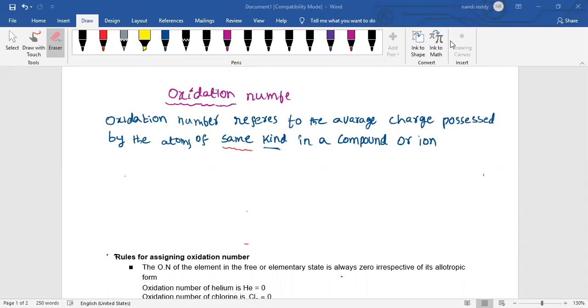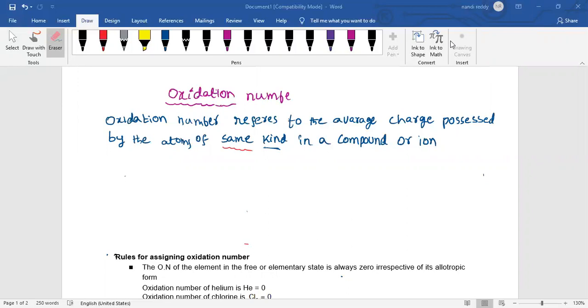For those of you coming from 10th standard to 11th standard, this may be a new concept. So we have to learn some basic rules also. That's something you have to learn, like when you are going to play a new mobile game, you have to learn the rules. Then only you can play up to maximum levels. Same thing here also. To calculate oxidation number, we have some rules. Those we need to remember. Then we can enjoy calculating all these oxidation numbers.